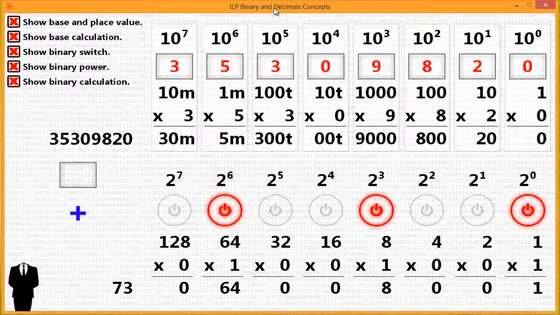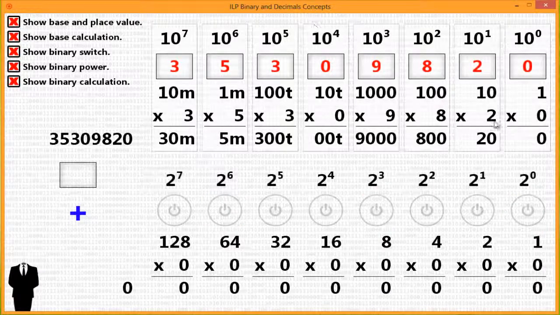Now you could use such a system to count up from 0. So we have 0, and then if we turn the 0 power on, you have 1. And if you turn the 0 power off and 2 to the 1st power on, you have 2. And then to have 3, you make sure that the 2 to the 1st power and 2 to the 0 power are both on, 3. And then to have 4, and then 5,